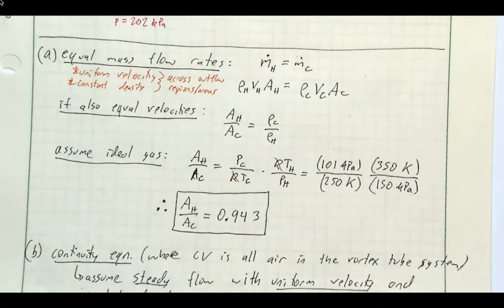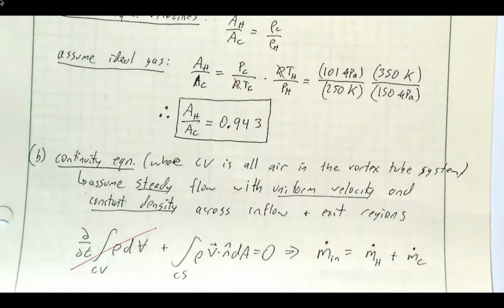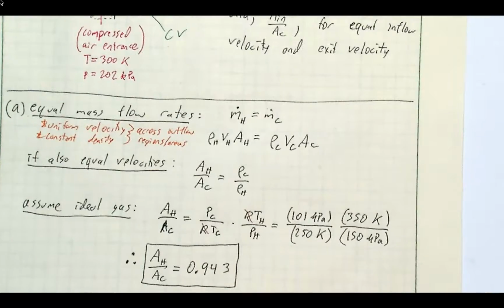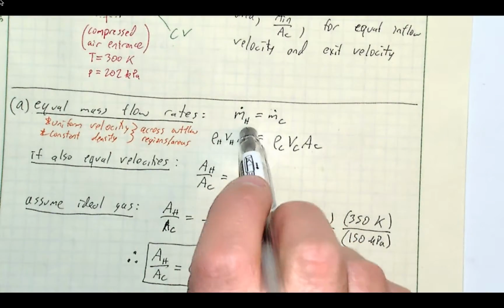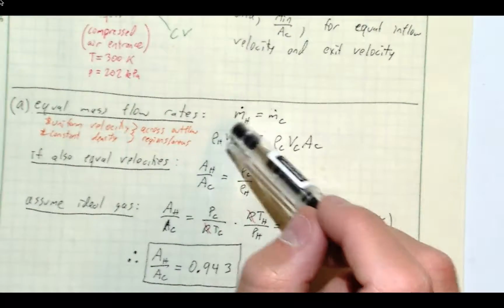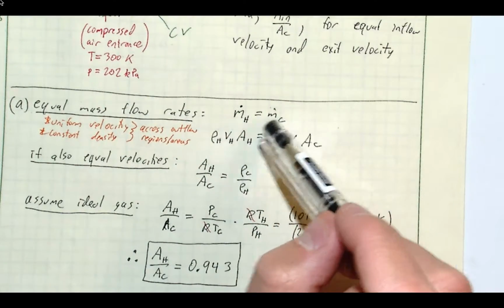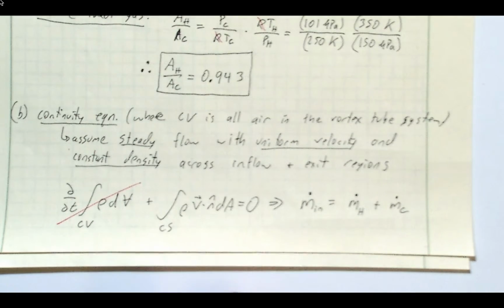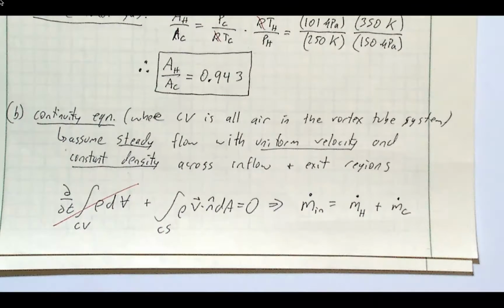Okay, I wanted to extend this to include some use of the continuity equation. I thought that it was a bad practice here to start to apply conservation of mass without actually applying it. But you can see we weren't applying conservation of mass here. We were just saying there's a constraint on the system that we want the mass flow rates to be the same. That's just given as a statement, a constraint given for the system. We now need to use conservation of mass, our continuity equation, to actually do part B, which is to say we now want